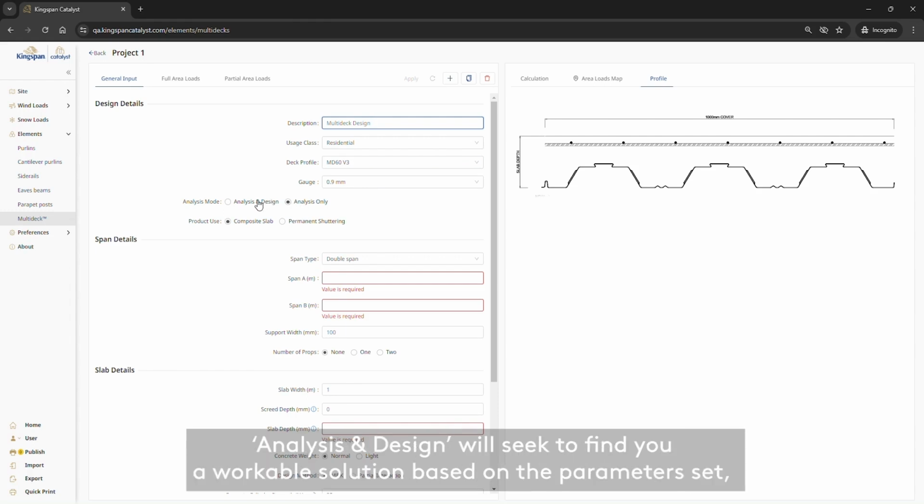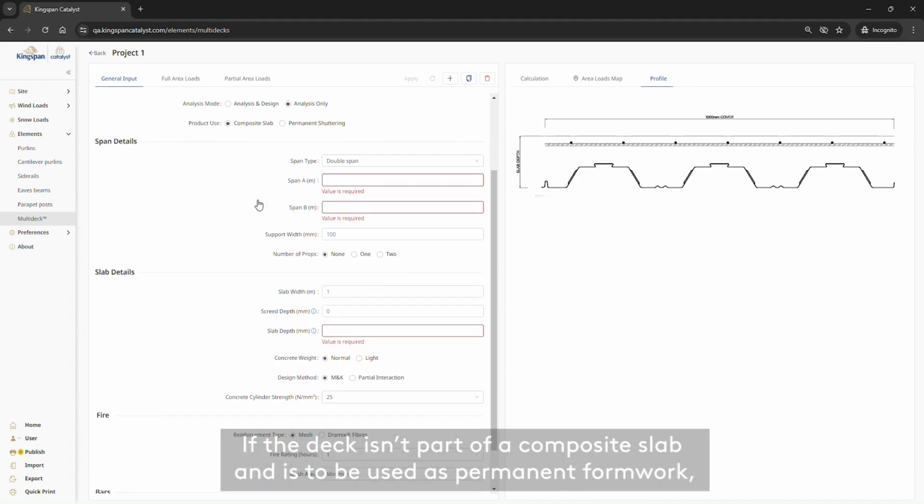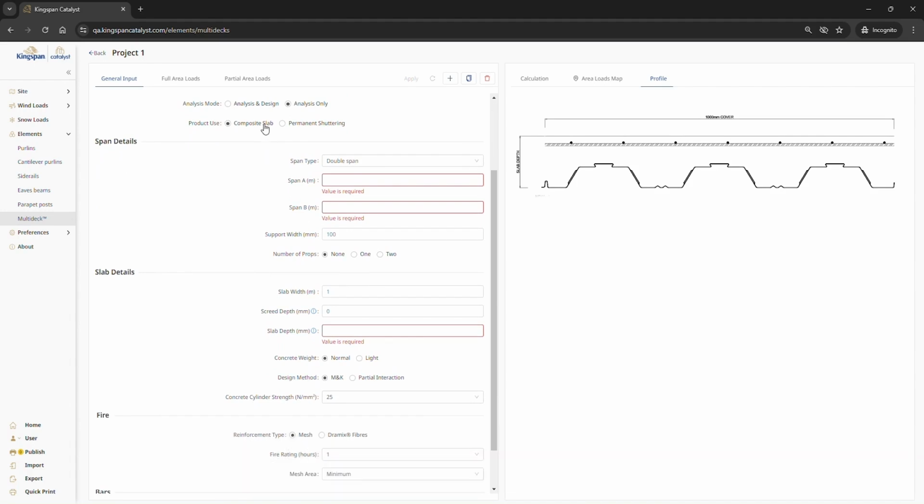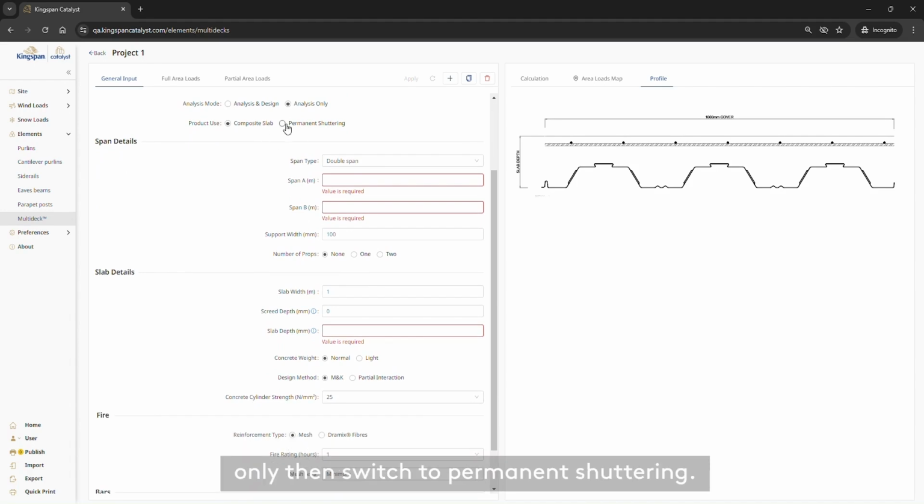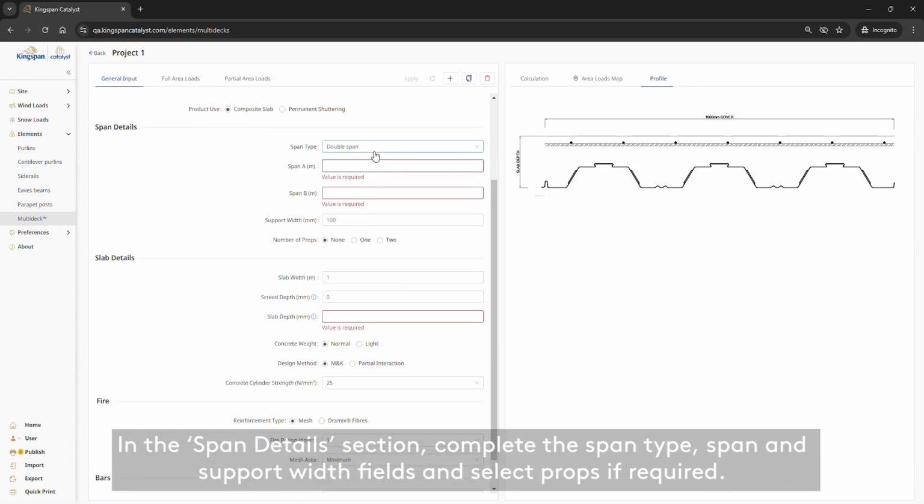Analysis and Design will seek to find you a workable solution based on the parameters set, whereas Analysis Only will give you a result based on definitive inputs. If the deck isn't part of a composite slab and is to be used as permanent formwork, only then switch to permanent shuttering. In the Span Details section, complete the span type, span and support width fields, and select props